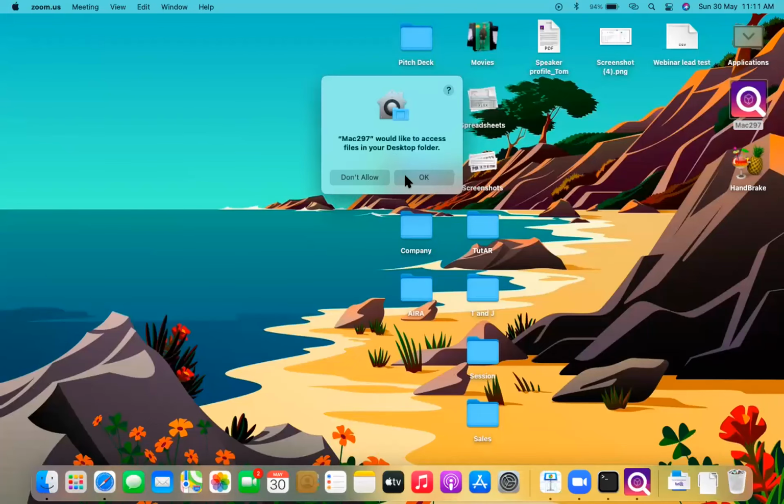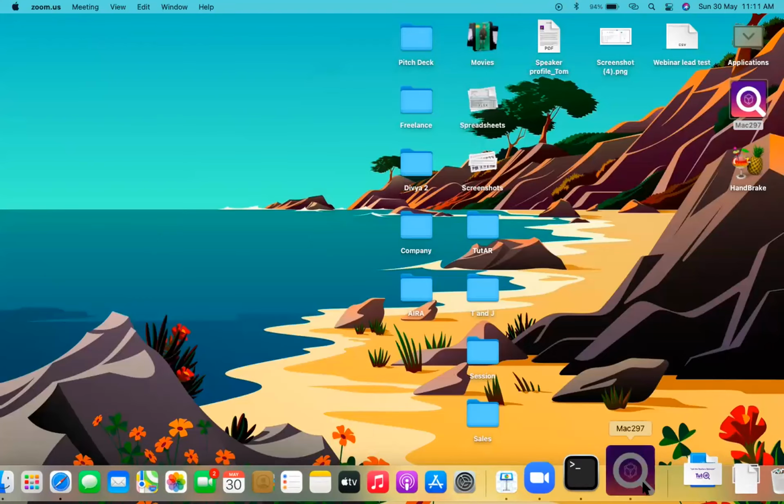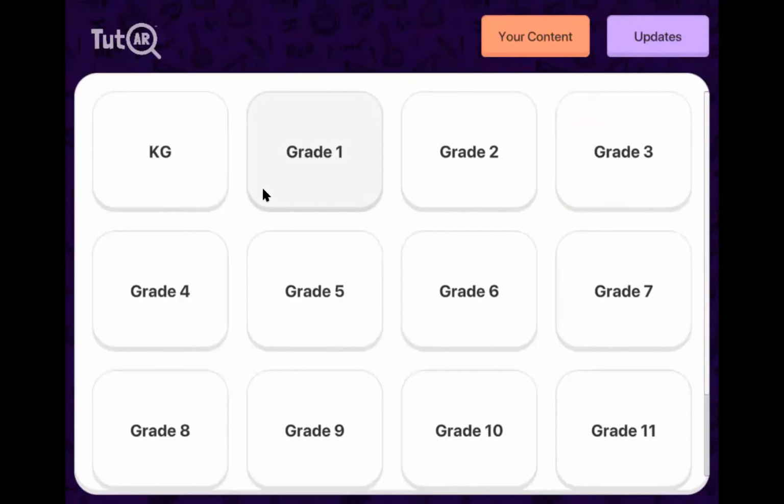Right now I'm using it on my Mac PC. Great. So this is the basic interface of the application. One small trouble I'm facing right here is that I'm not having electricity, and thereby not enough light.